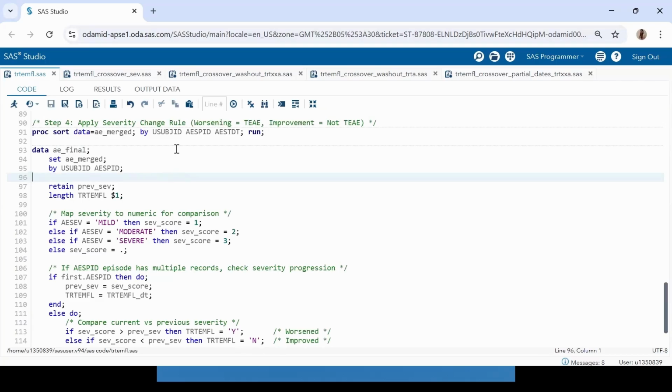So because of this reason, I'm sorting this intermediate data set by these variables, which are the USUBJID, AESPID, and the AESTDT. And I'm using the same BY statement when I'm setting the AE merge data set to create the AE final data set. Here I'm using the retain function